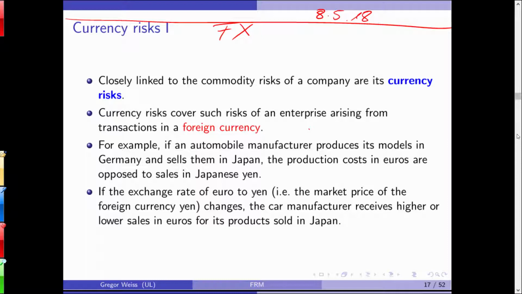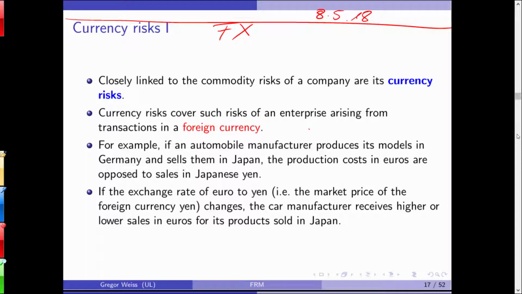There are simple things you can do to avoid currency risk. And actually, car manufacturers do this all the time. What can you do? You can shift your production to the country in which you want to sell. This, and also for some additional reasons, taxation, political reasons, most car manufacturers also have production plants in the United States. BMW, Daimler, Toyota, they all have car plants in the United States. Why? Because they want to hedge against foreign currency risks, but they also want to avoid taxes.